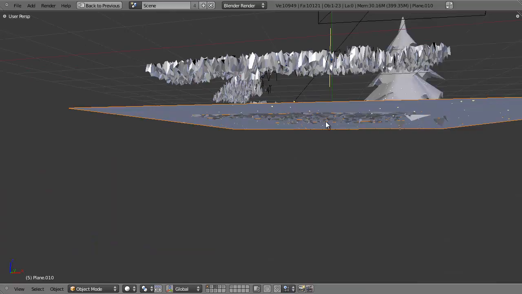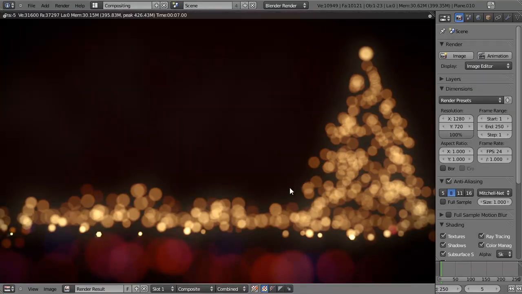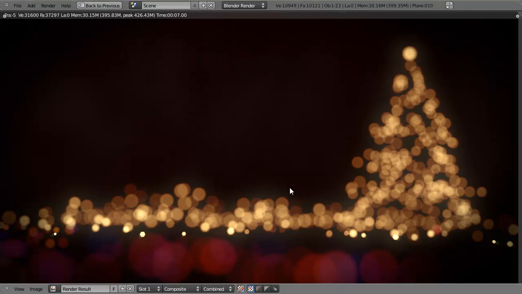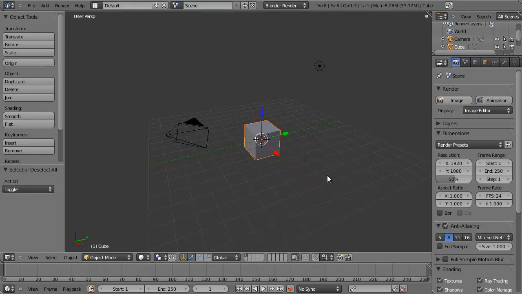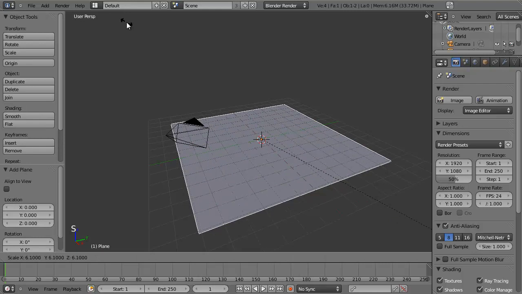Not much really going on in the scene. It does involve a fair bit of compositing. Now the shelf life for this tutorial is expiring every second I continue talking, so I'm going to try and show you guys how to create this in 10 minutes or less. Let's go. Start by opening up a new scene and delete the default cube and the default lamp and replace